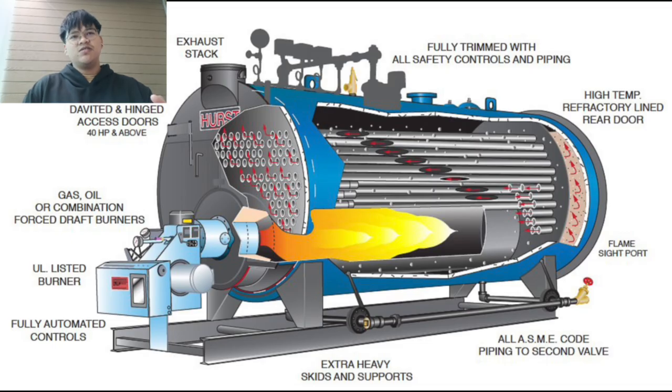Another major role of the burner is to ignite the mixture using an ignition system such as a spark plug or pilot flame. Once the flame is established, the burner must maintain a stable and continuous combustion. The burner also controls the shape, size, and direction of the flame. A stable flame must stay fully inside the furnace without touching the wall or tubes. This will ensure safety, prevent damage, and also maintain the efficiency of the heat transfer.